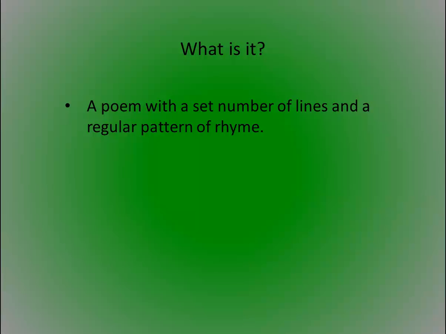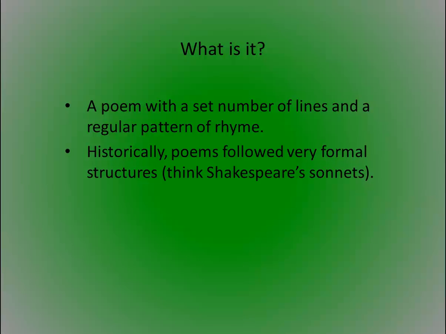Now that's not necessarily what you see when you read modern poetry. Most of what you read today, both online and in books, is called free verse. But historically, a poem wasn't recognized as a poem unless it followed a particular structure. Shakespeare's sonnets, for example, are 14 lines long. Each word at the end of a line rhymes with another in a regular pattern, and a rhyming couplet ends